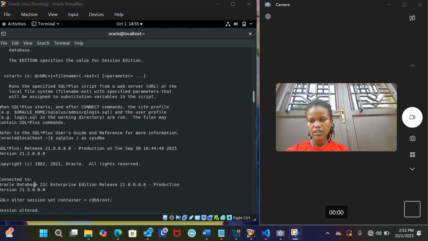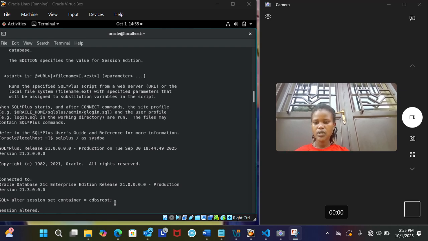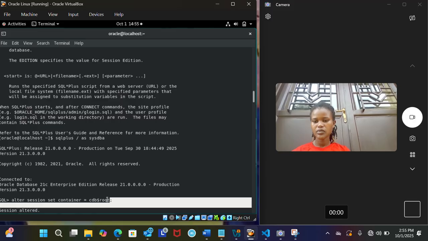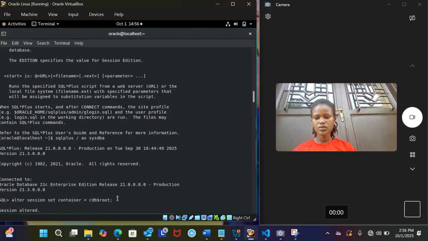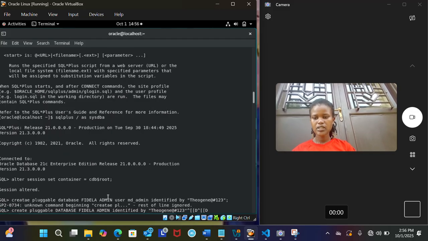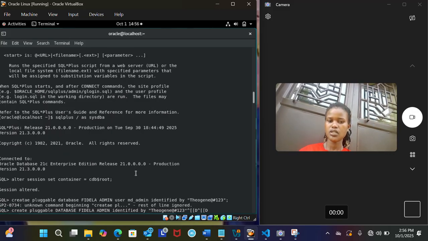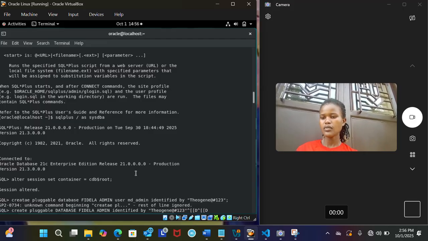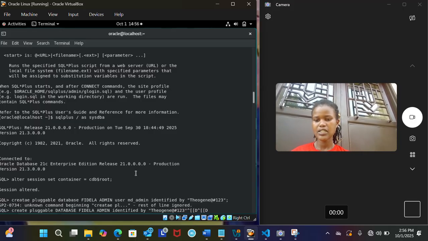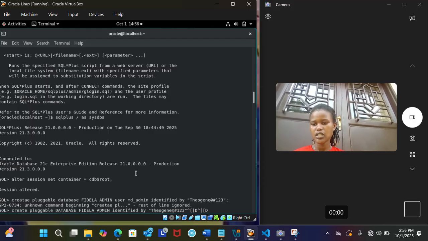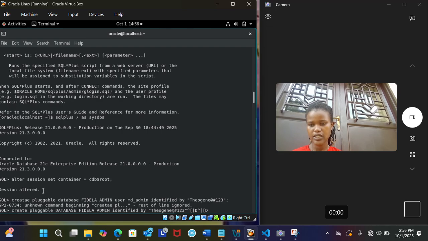Then we will write alter session set container CDBA root in order to enter the database user called the roots normally. Then after entering the CDBA roots, after getting session altered, we create